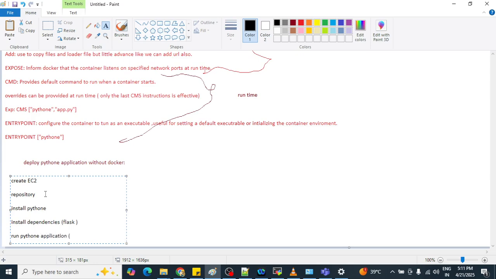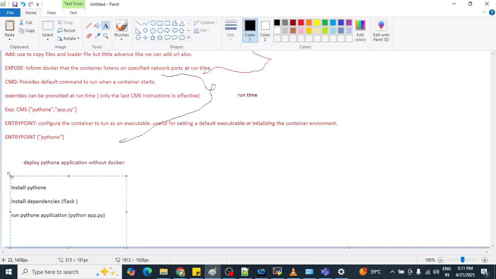If I have one Python file and need to run it, then we use the python command, then a space, then app.py, if any py file is there. Got it? And what else do we require?